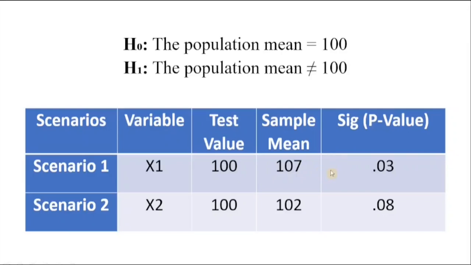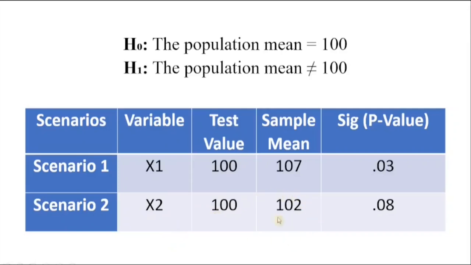null hypothesis, indicating that the sample mean, which is 107, is significantly different from the test value or population mean of 100. This shows that there is evidence the population has changed, and it is unlikely that the 7-point difference occurred purely by chance. Now, in scenario 2 with variable x2, the test value remains 100 and the sample mean